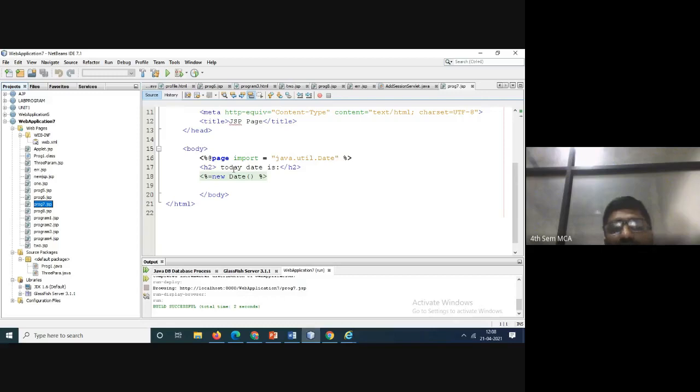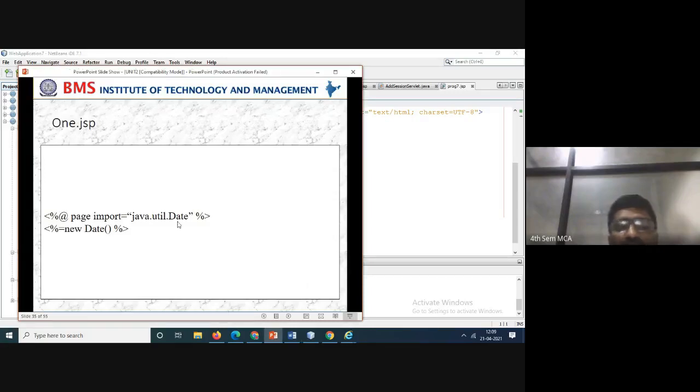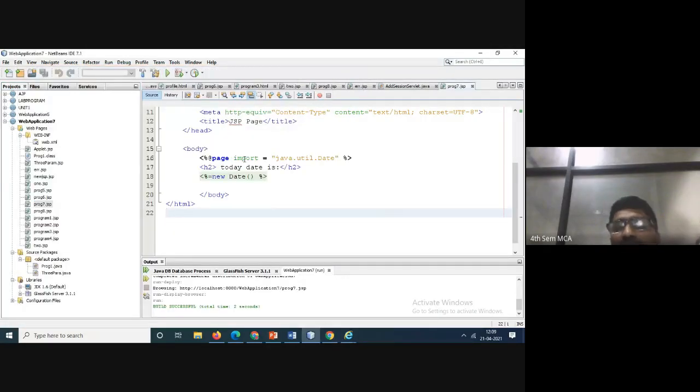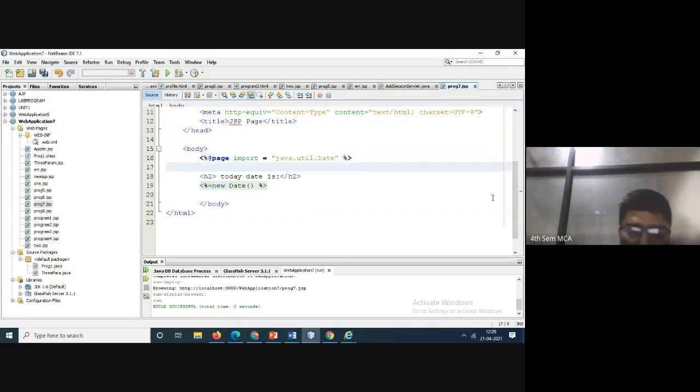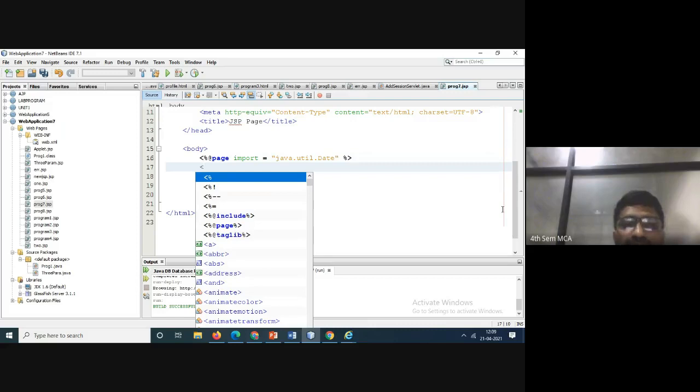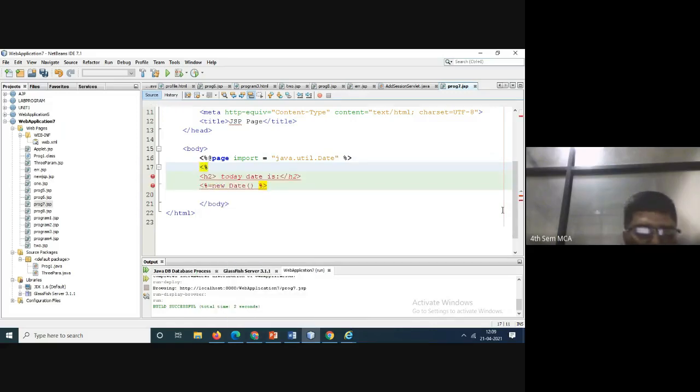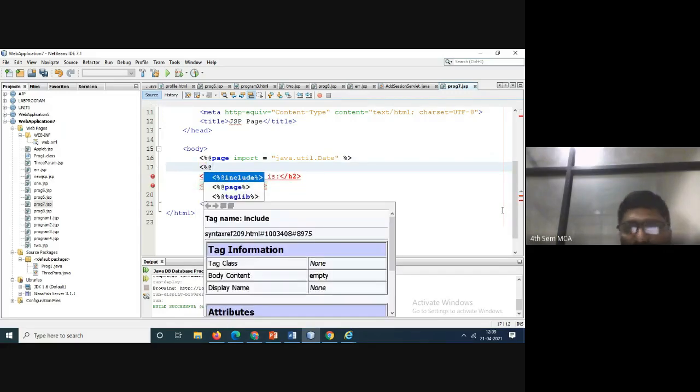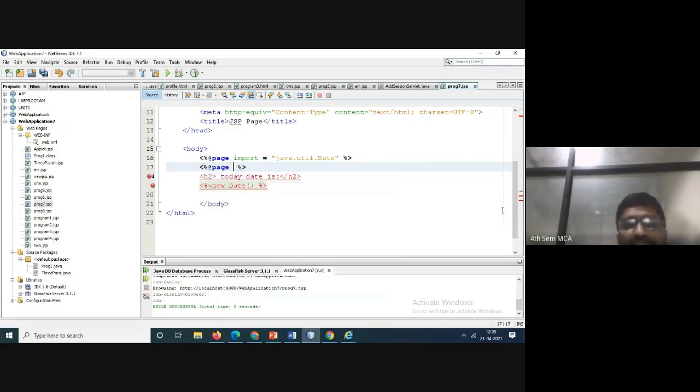See here, today's date, page import and java.util. Now see the syntax here. So page import, this one, and the page import, here also you have to concentrate. Page import is equal to this one. See here, how to type it is also easy. Just type the less than symbol, you will get this one. Just enter at page. See here, everything you will get here.